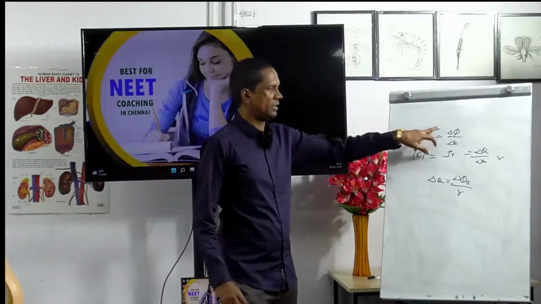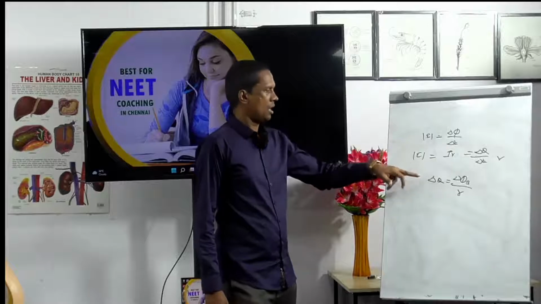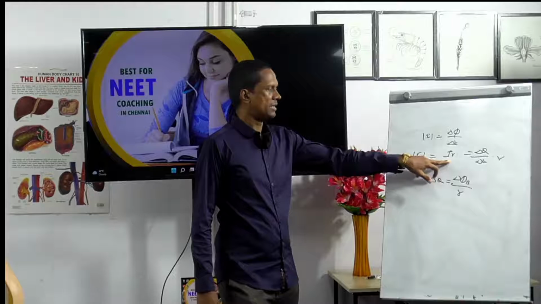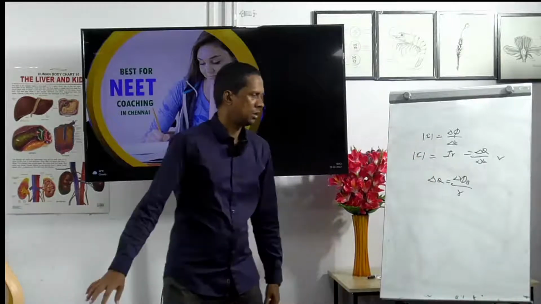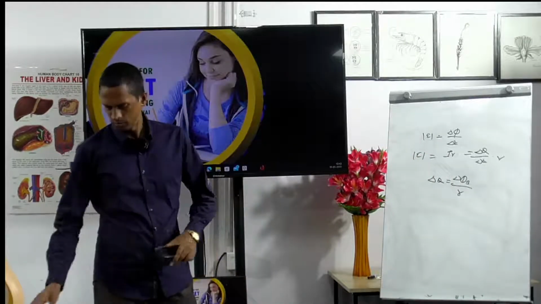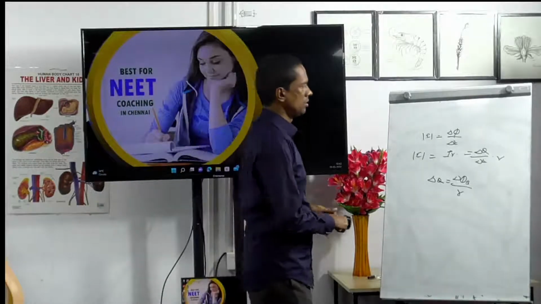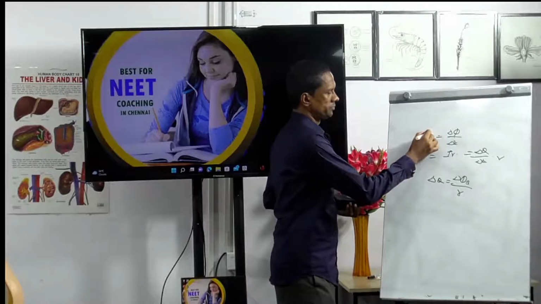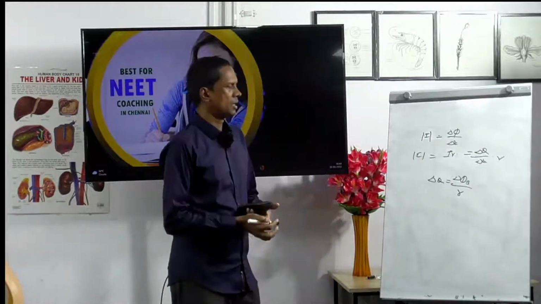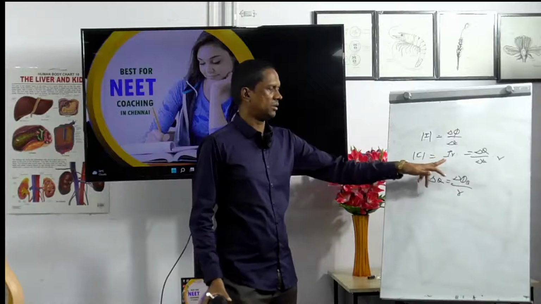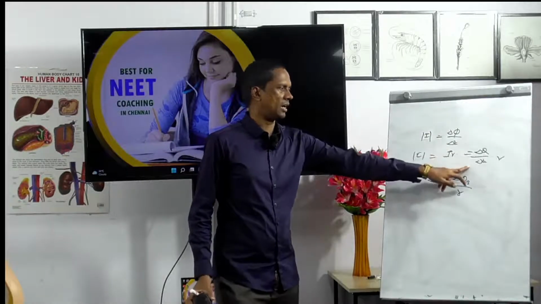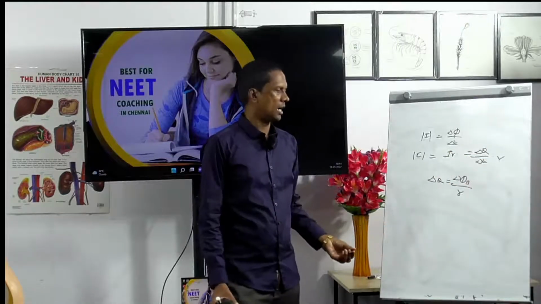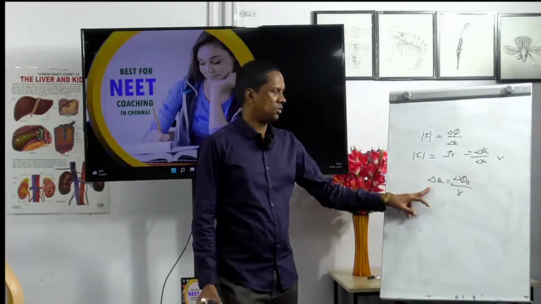So E, the induced electromotive force, is equal to the rate of change of flux with respect to time t. E is equal to IR. So current E is equal to IR. The rate of change of current into R. So electric flux is equal to